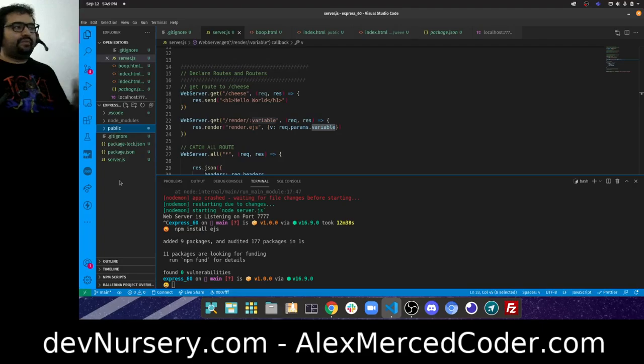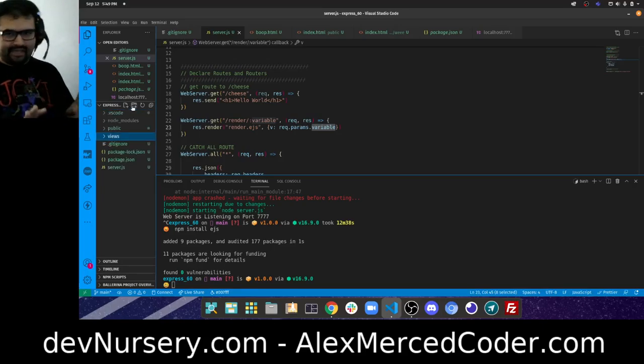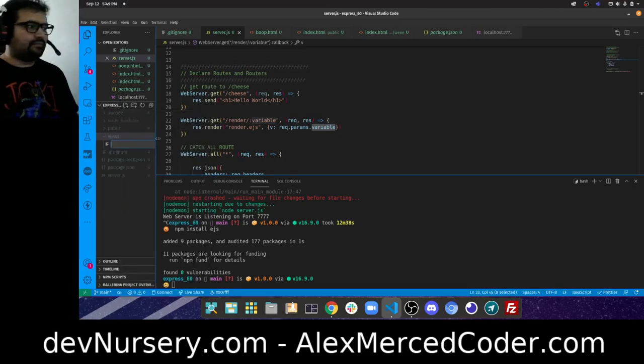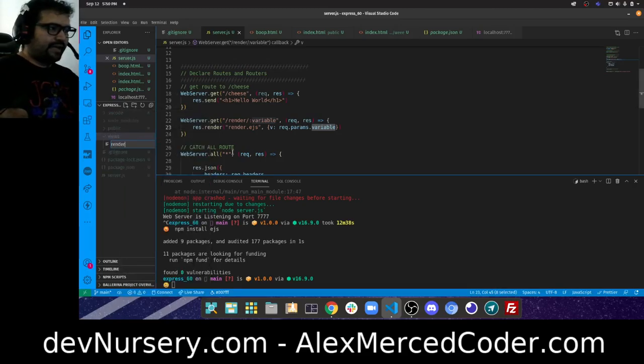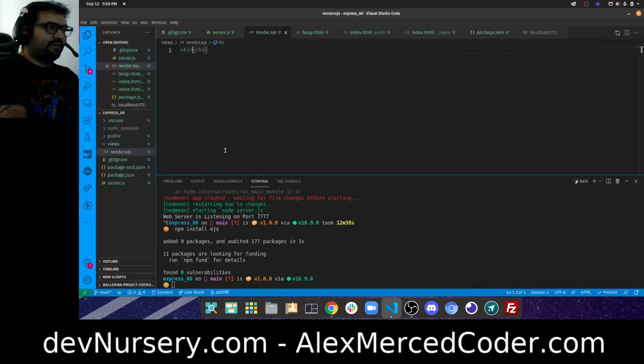Now, whenever you use this render function, by default, the way Express is built is that it looks for a folder called views. There's no negotiating on that one. It's got to be called views. You can change it, but why? So if I make a new file and call it render.ejs, because that's what we said it was going to be called, I can go in here and write an h1: your param is,